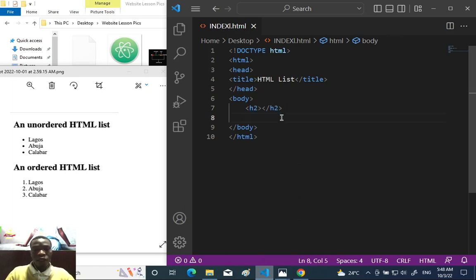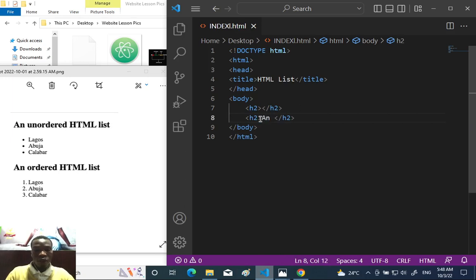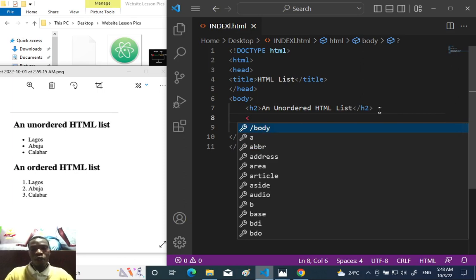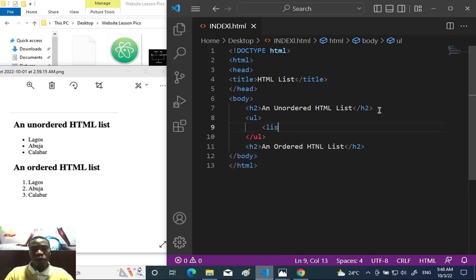So we have two H2s, the H2 of the unordered HTML list, and we have the other one, an ordered HTML list. So here for the list, you have to use the containing tag, and each item has to have LI. You have like Lagos,